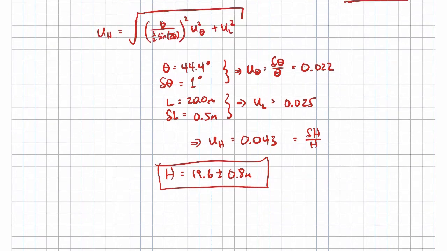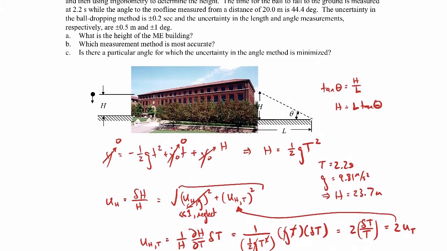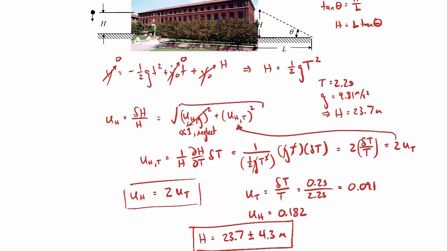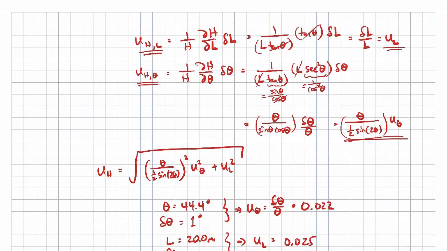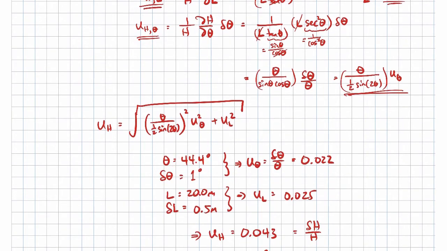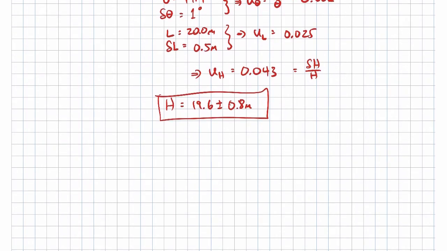Okay, the very last part of the problem, let me go back and look at it. It says, is there a particular angle for which the uncertainty in the angle method is minimized? So can we do even better? Is there some particular angle? Here we're using 44.4 degrees, but maybe there's an angle that we could use on our protractor to make the measurement even more accurate. So the way you do these kinds of optimization problems, it usually involves the typical calculus